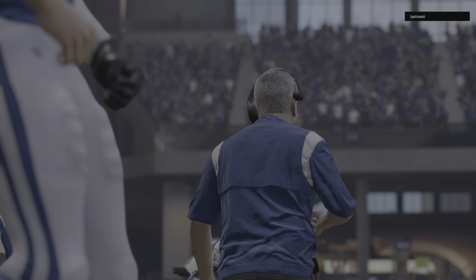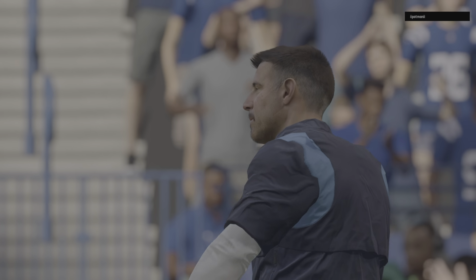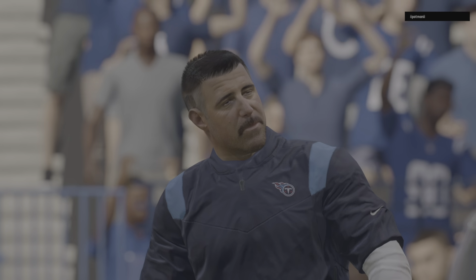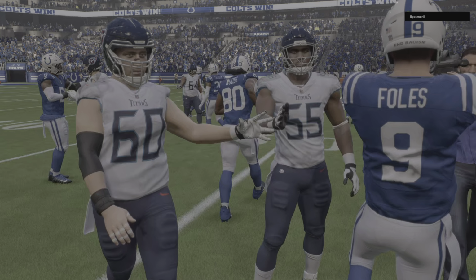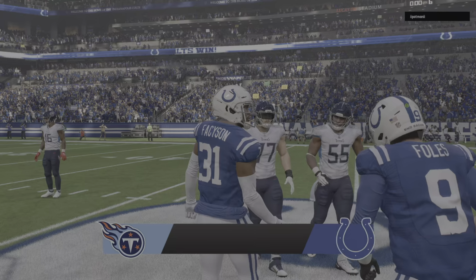A lot more was on the line in this one than just defending your home field, CD. They defend their home field against a division rival and get the victory, so this one feels a little extra special. It has to, right? There's always just a little more emphasis on games like this. Everyone talks about